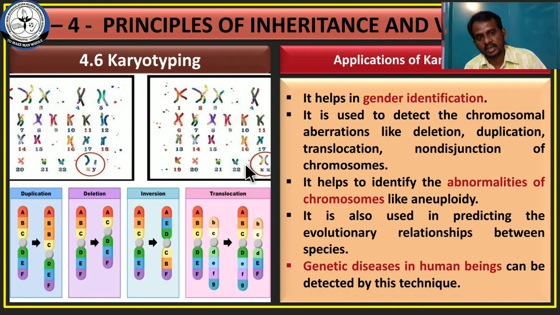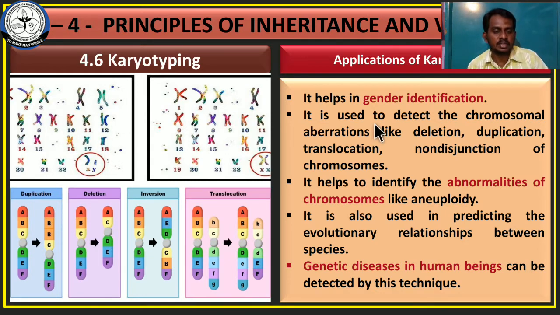2X chromosome. That means we can easily identify the sex of an individual with the help of karyotyping technique. This is karyotyping. That means isolation and arrangement of chromosomes. We isolated the chromosomes and arranged them. After arranging, we can easily find the chromosomes in the karyotype and identify whether the individual is either male or female. Okay, this is the first use.